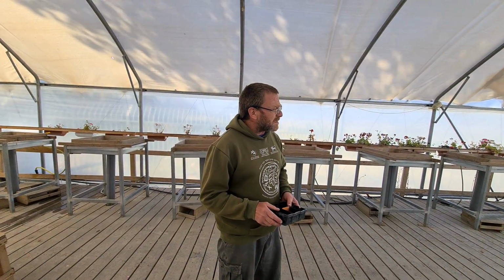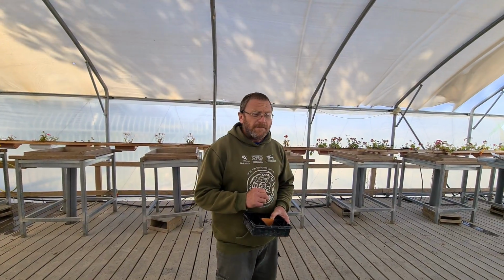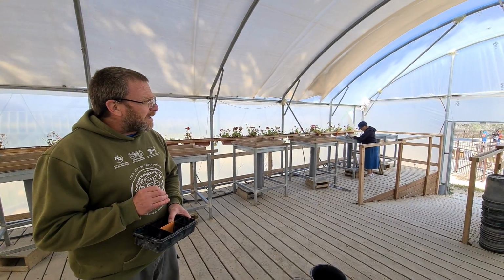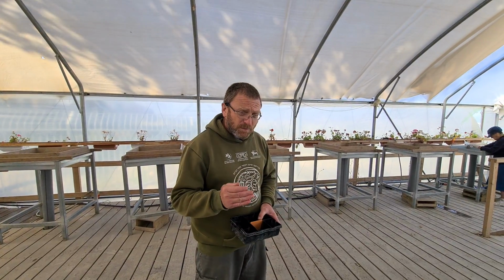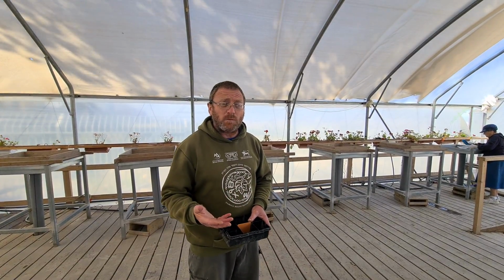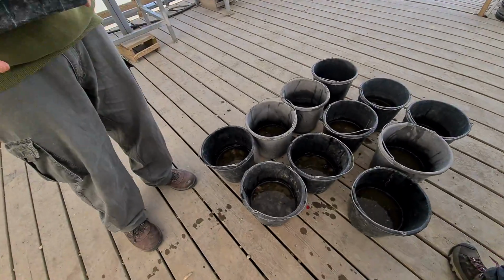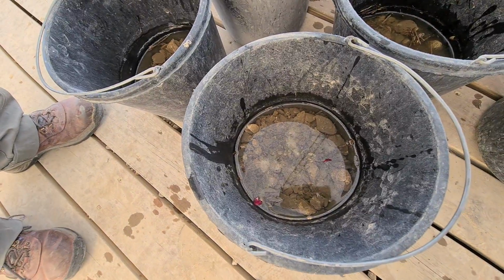Our method was developed for finding very small finds. Usually it's used in prehistoric digs, but we developed it so we can use it for regular archaeology, and we find much more stuff than you do when you do the sifting without using water. So we put the earth of the Temple Mount into buckets, and we add water. We immerse it in water, and then